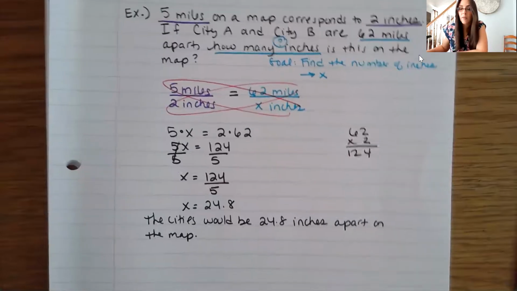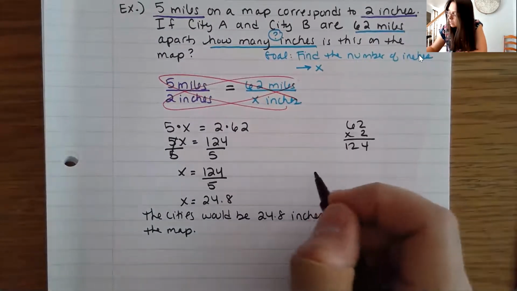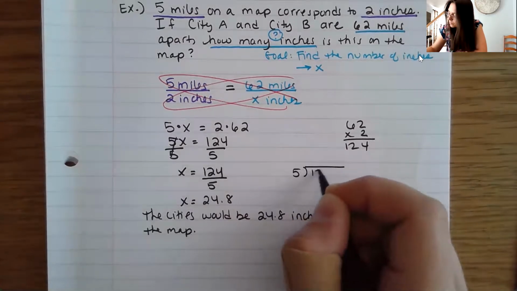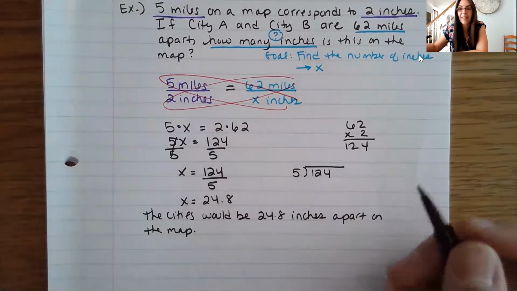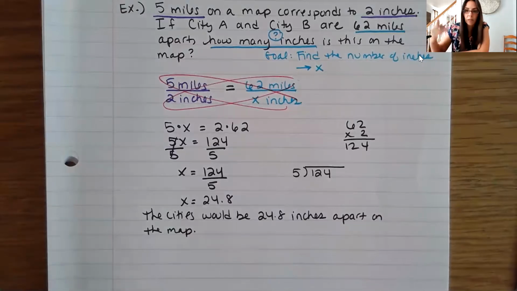Now, again, let's say you don't want the decimal, you want a more specific answer here, like a fraction answer. Then what you can do here is just change this to a mixed number. And a mixed number will be fine as a final answer in this case, because now we're getting a solution. We're not just leaving it in ratio form. If we have ratio form, we don't really like to have mixed numbers in the ratio form, but it's fine